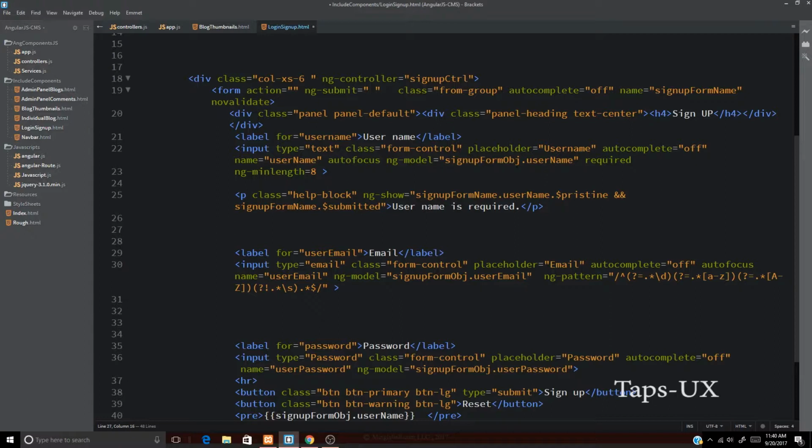And here ng-minlength is saying what the minimum length of our username should be, and let us take it out like this,